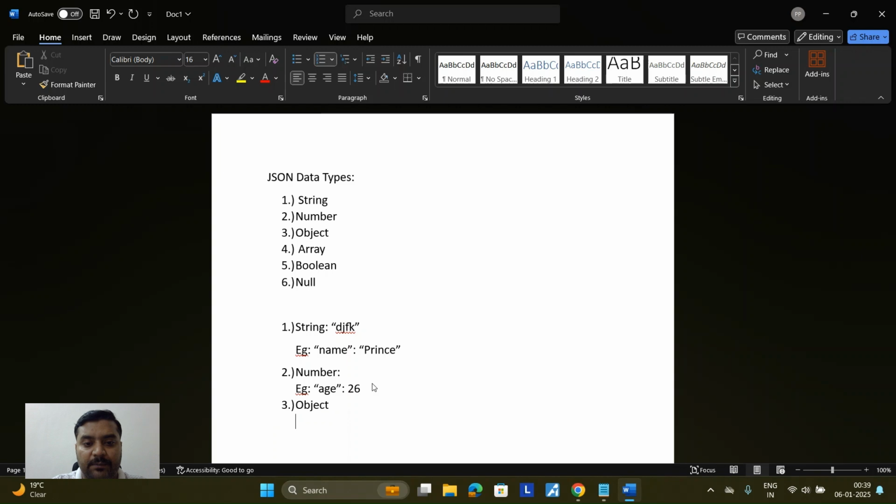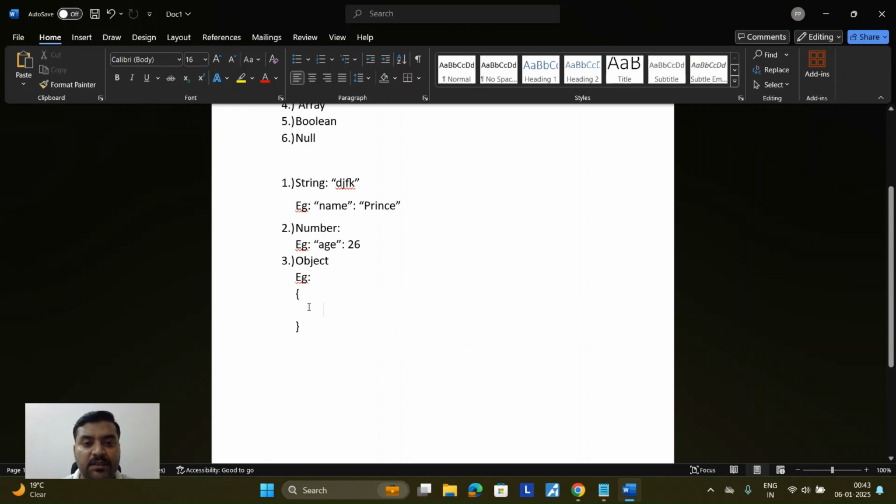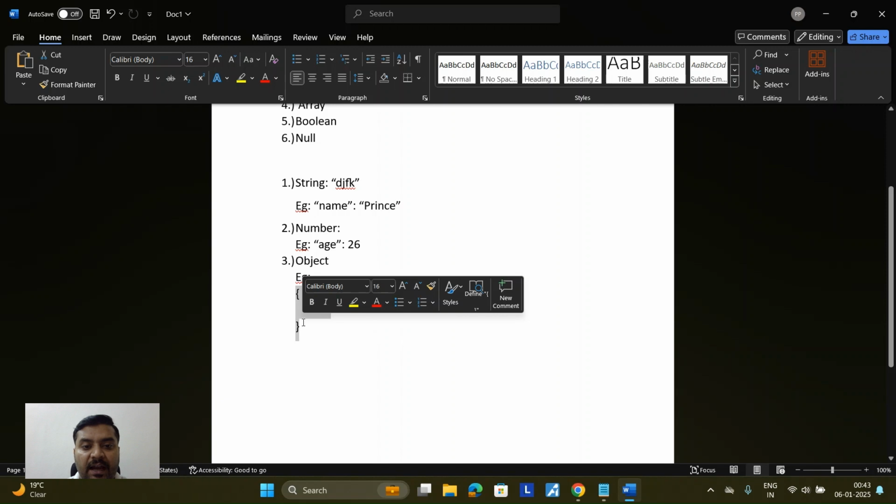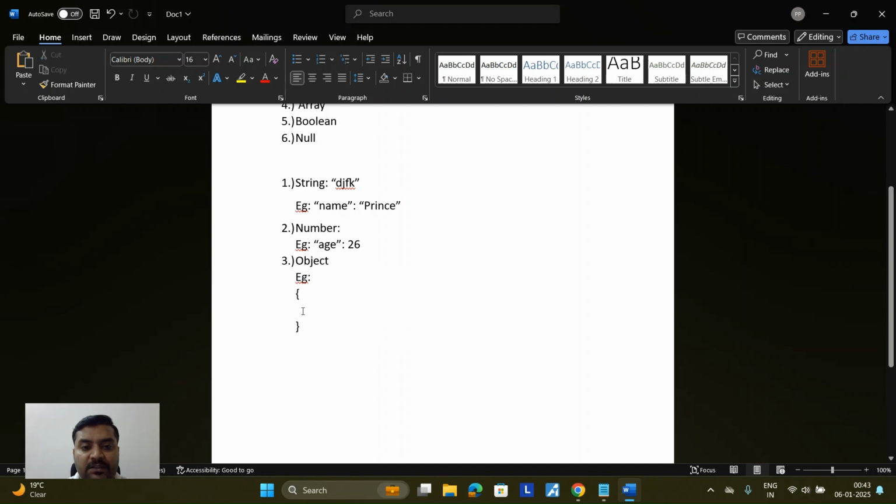Object, for example, this is the starting of JSON, and when JSON is started, now we have to use some JSON object. So employee will be the object, and here we have to use colon. After that, let's say we have also array in this,